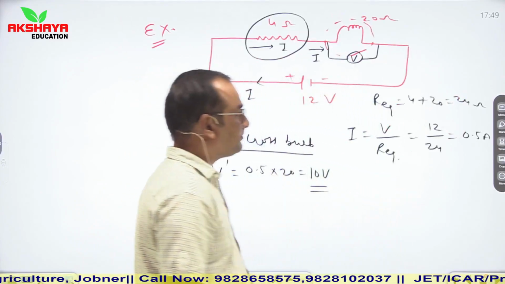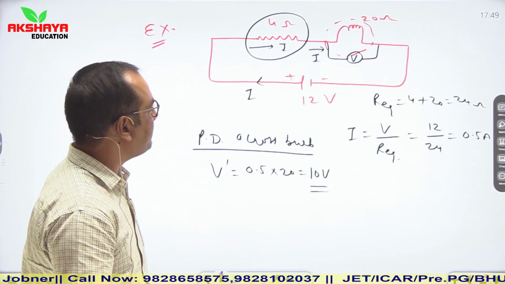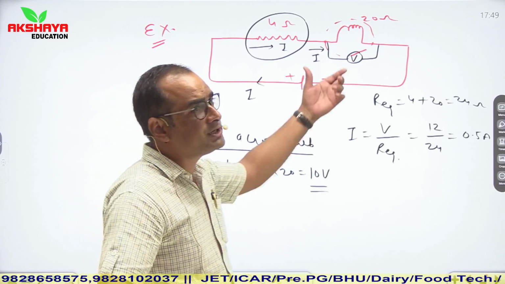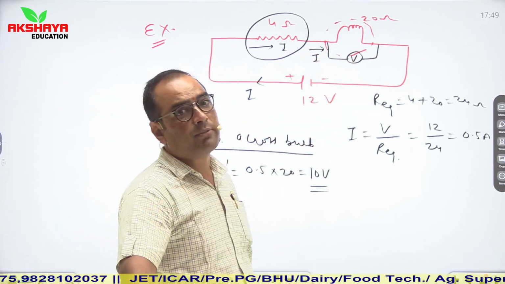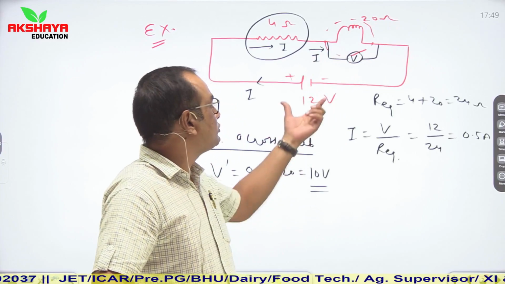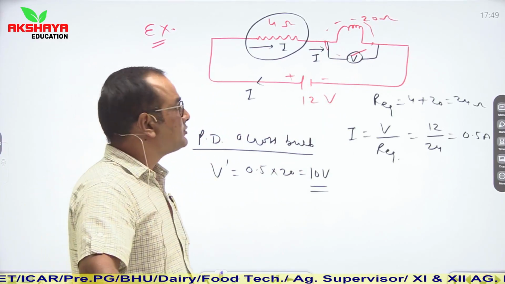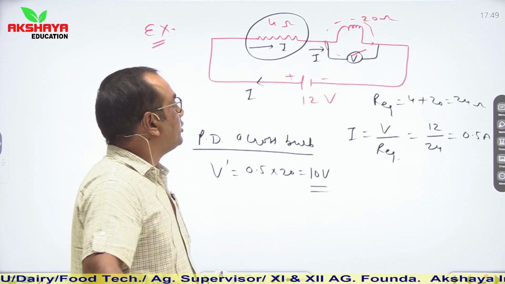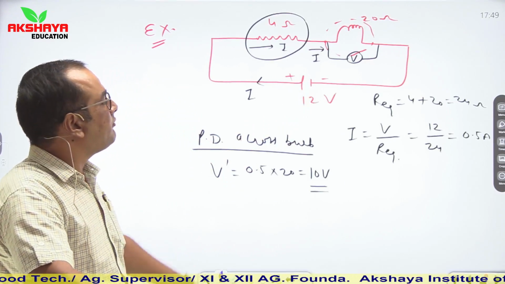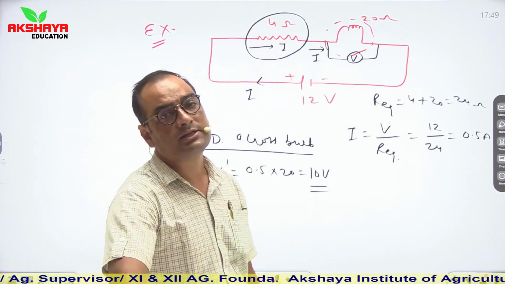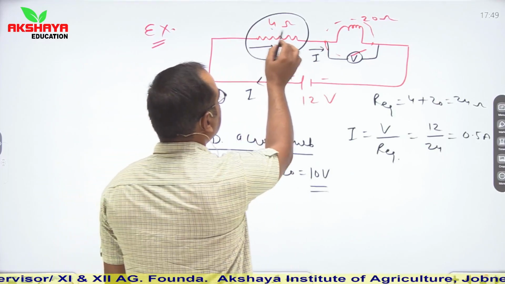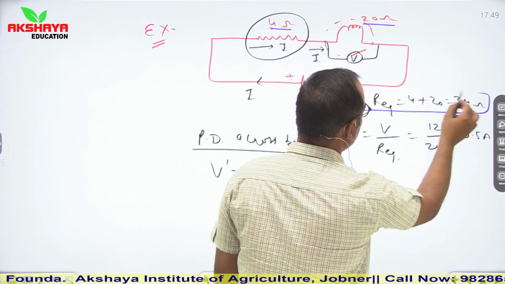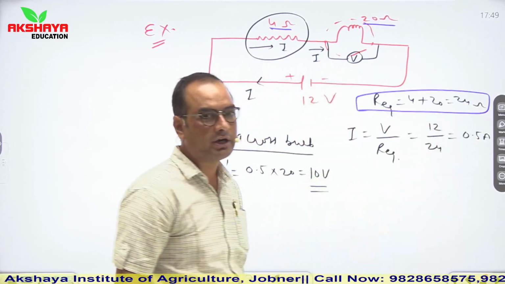Now see next. The next pattern of question is, let us say we are given a conductor of 4 ohm resistance which is connected in series with a lamp of resistance 20 ohm, and a source of 12 volt is connected across it. In this condition we have to calculate the potential difference across the lamp. To find it, first of all find the equivalent resistance connected in the circuit. This 4 ohm resistance and 20 ohm resistance are connected in series, so the equivalent resistance is 4 plus 20, 24 ohms.